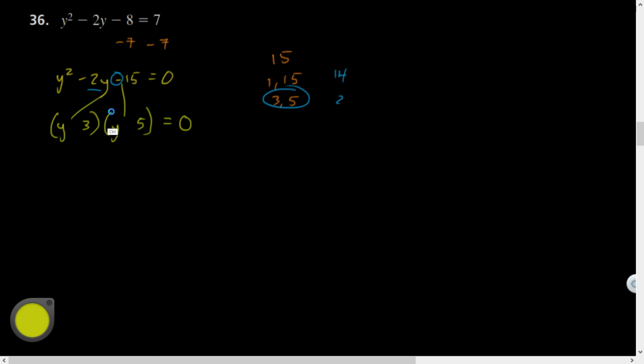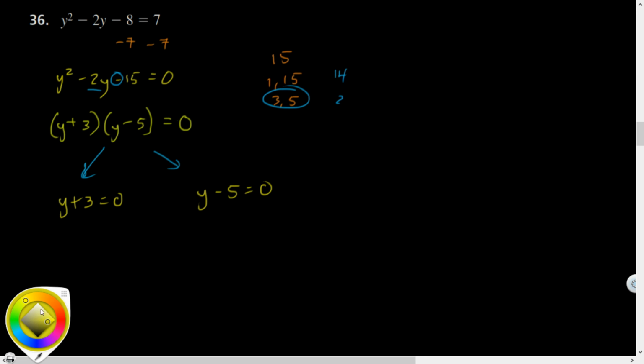So these multiply to be negative, so their signs are either plus minus or minus plus, but they add to be negative. So the more influential one, the 5, must have been the negative one. And now using the zero product property, either one of these must be 0. y plus 3 equals 0, or y minus 5 equals 0. And now we solve with our algebra. We're so good at it. Solving equations using inverse operations. y equals,